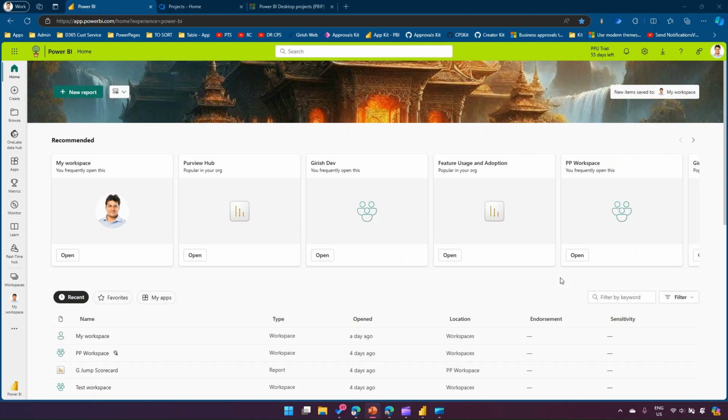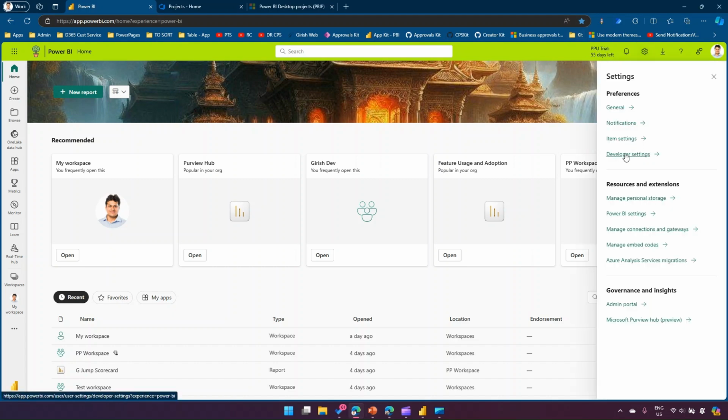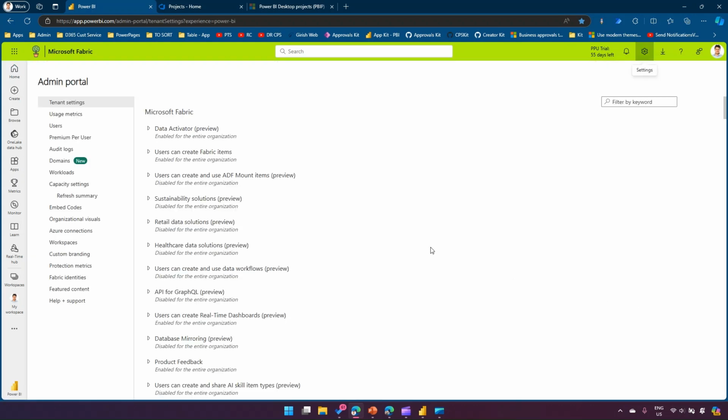So let's jump into the demo. What I'm going to do is first show you the Power BI admin center settings. So let me go into settings, and from here you have an option to go into the admin portal. Now within the admin portal, if we just type in Git,